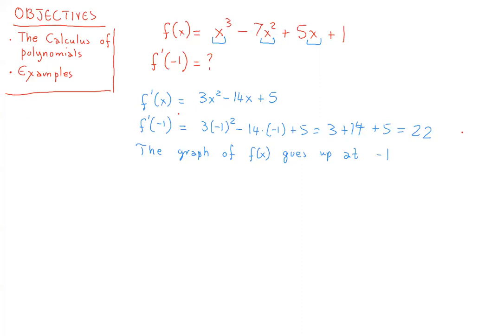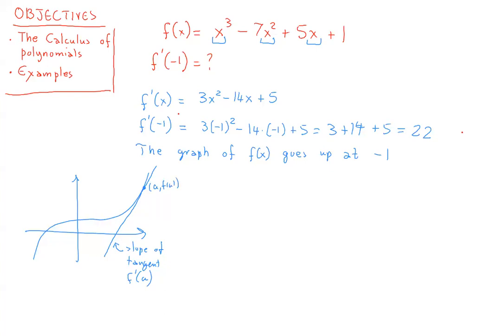So again, we might want to recall that we have the graph of our function, and then at a given point, we draw the tangent. And it's really the slope of that tangent which is what we call f prime of a, this being the point a comma f of a. So if somebody asks us, for example, in the instance that we just did, what is the equation of the tangent